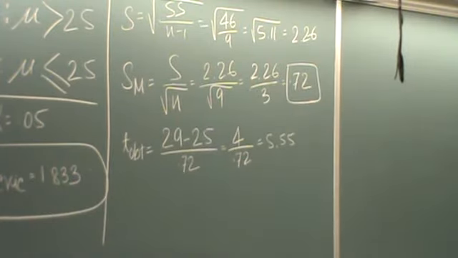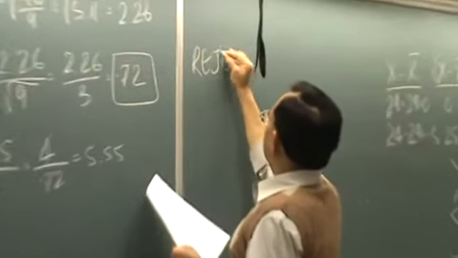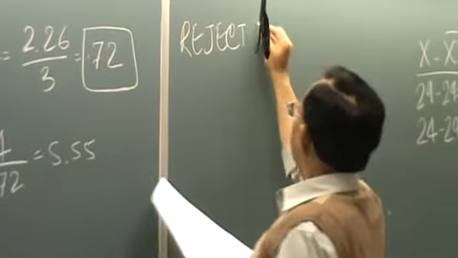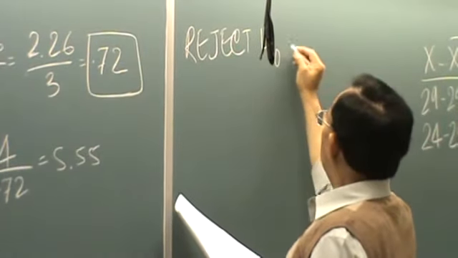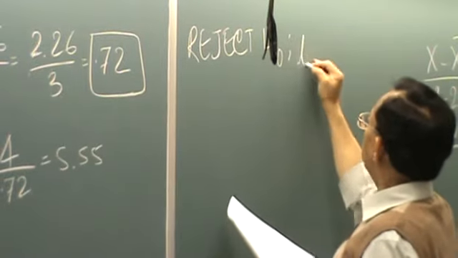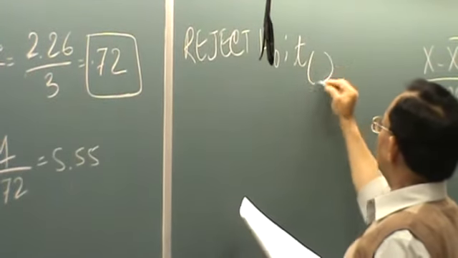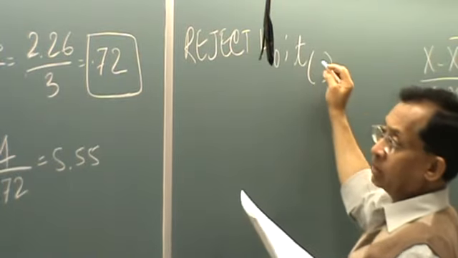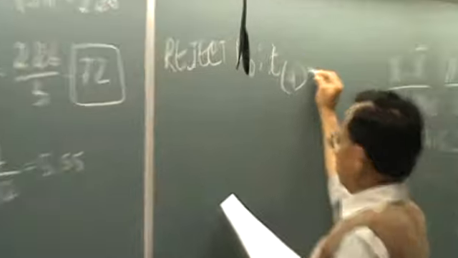So this is how we write it. We will write reject H sub 0. We write it as T, and then right here within parentheses we write down the degrees of freedom. Degrees of freedom here is 9, equals